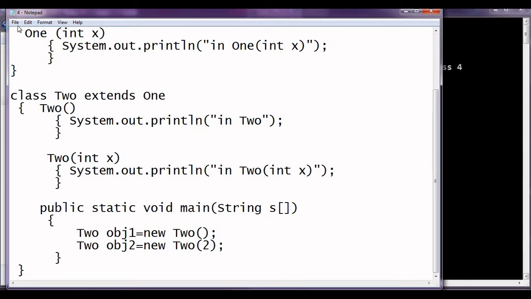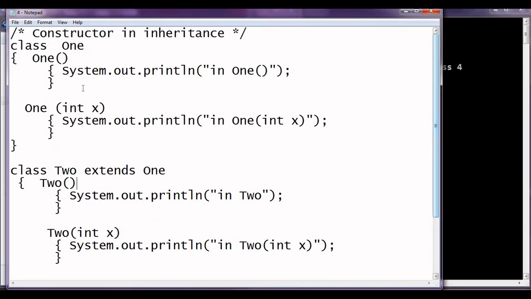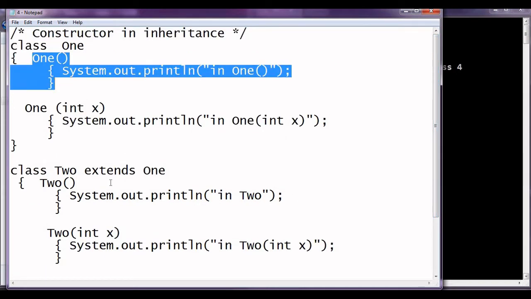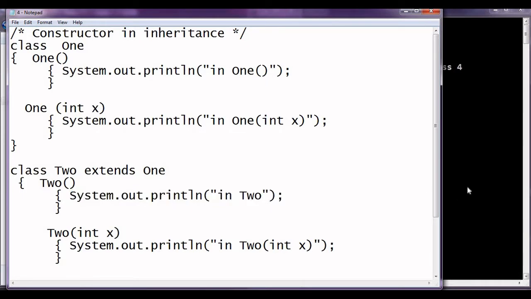And then we can think what will happen. So whenever we create an object of class 2, obj1, at that time it will jump to this constructor. Here it will find out which constructor of the base class should be executed. We have not written anything over here, so it will jump to the default constructor. It will jump over here, execute this, come back and execute this. So the output will be "in 1" and "in 2" for the first statement, for the first object, and for